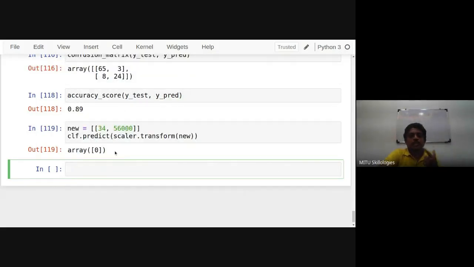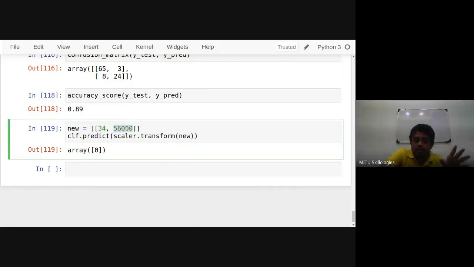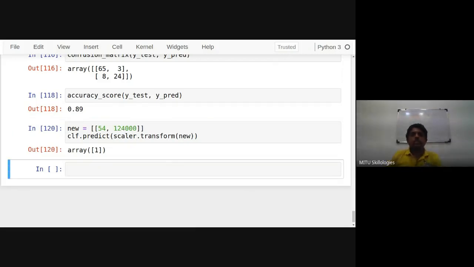The result for this case is 0, for whether a person of this age and salary purchases this item or not. 0 means not purchasing. Okay, I will change this. Let's make the age 54 and salary 1,24,000 or so. Check. Purchasing? Yes, purchasing. 1 is the result now.